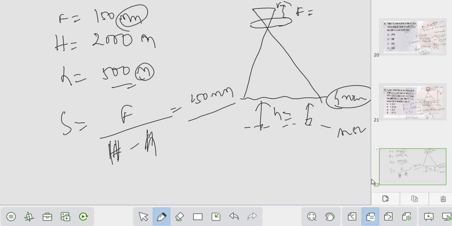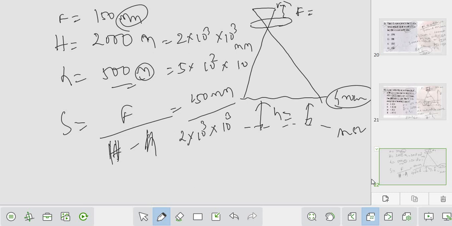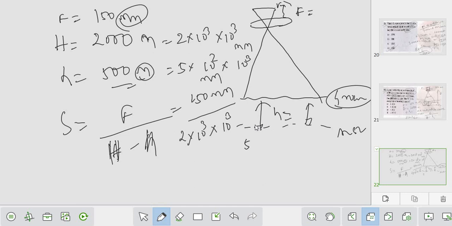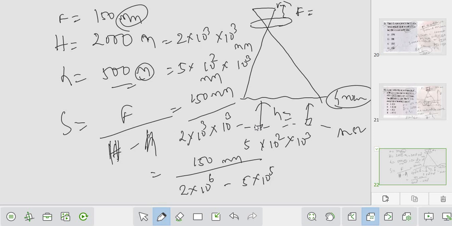So focal length 150 mm, ओके, flying height will be क्या होगा, 2 into 10 to the power 3 into 10 to the power 3, yes or no, because 2 into 10 to the power 3 into 10 to the power 3 मिलीमीटर के लिए, ये क्या होगा 5 into 10 to the power 2 into 10 to the power 3 मिलीमीटर के लिए, है ना, so minus 5 into 10 to the power 2 into 10 to the power 3, तो क्या होगा 150 mm हो जाएगा, divided by 2 into 10 to the power 6 minus 5 into 10 to the power 5, ये भी मिलीमीटर में हो गया, है ना, मिलीमीटर मिलीमीटर कैंसल,